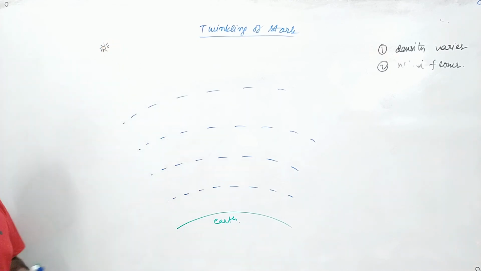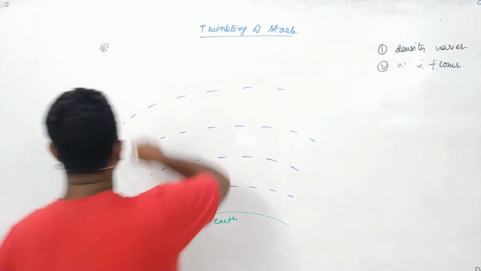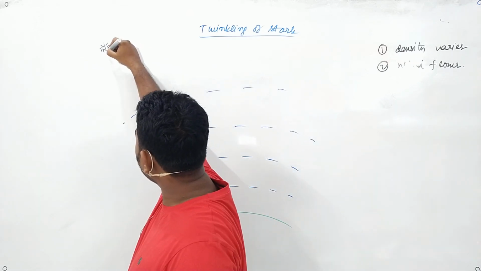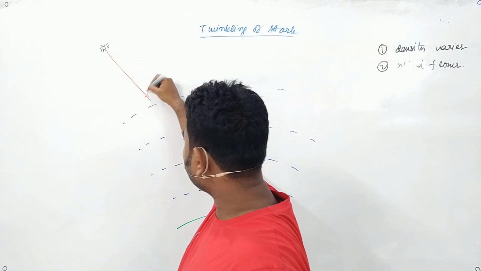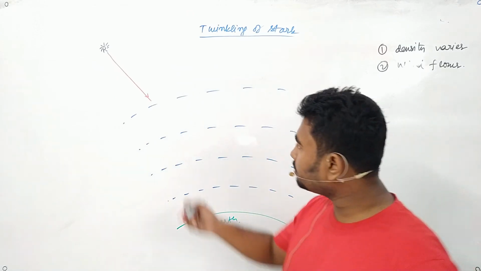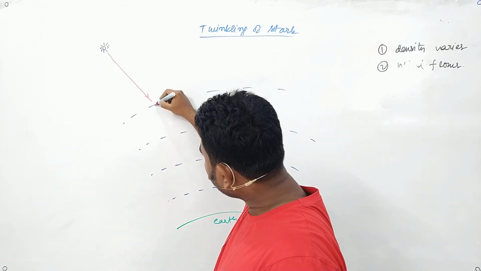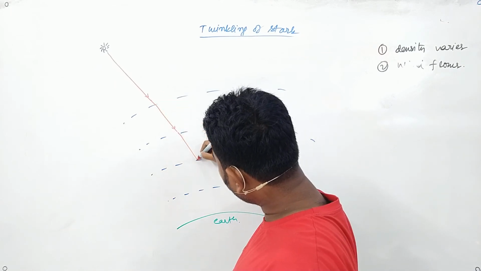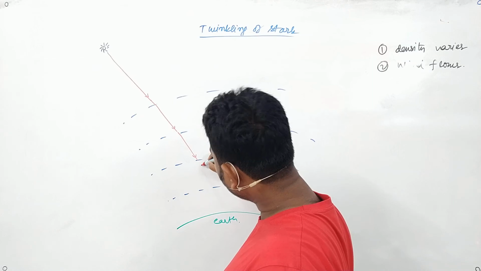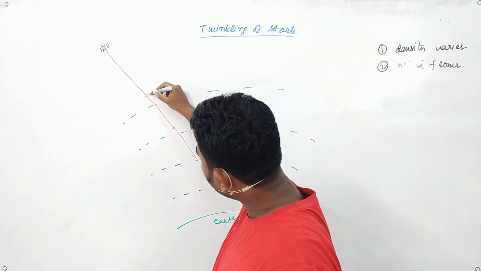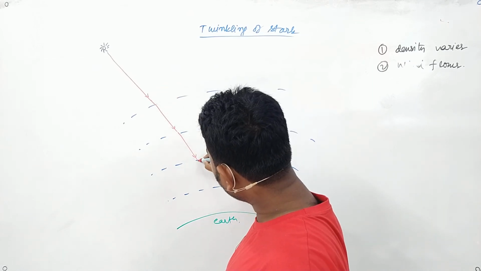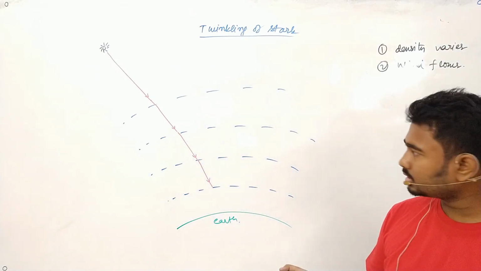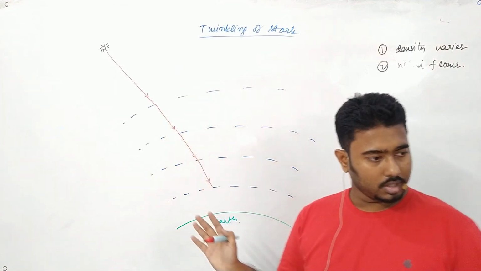Now when a ray of light comes from the star, imagine this is the original star. Now the ray of light is coming, so what will happen? The ray of light will start coming like this. There is a possibility that the ray of light will come, it will then bend here, it will then bend here. It is going to denser medium, then it will again bend here, because it is going into denser medium. If it goes into denser medium, it will bend towards the normal, right?